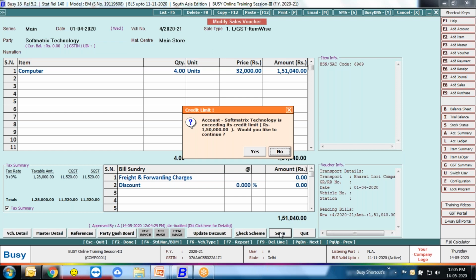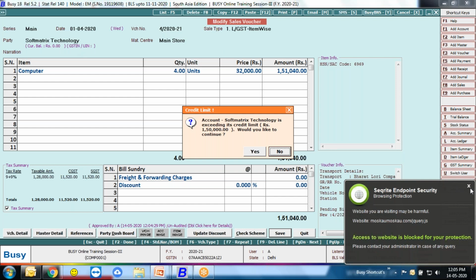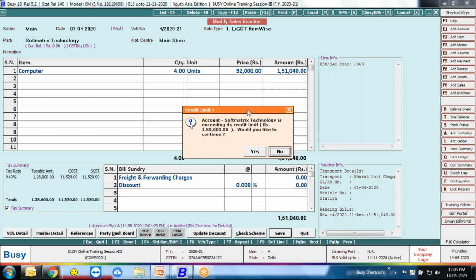Busy will intimate you, Busy will restrict you from generating a bill for this party because you already fixed your credit limit at rupees 1,50,000. Would you like to continue? You have a choice. Either you can also restrict your sub user from creating invoices against this party because its amount is crossed.